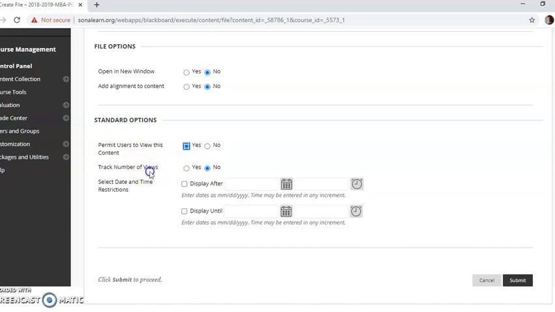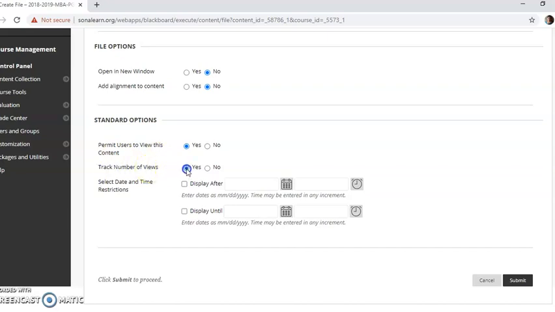Track number of views is also very important. For example, if I give yes, it means I can track how many times the user has opened my document, my PPT. That many hits I will get when I take the report.